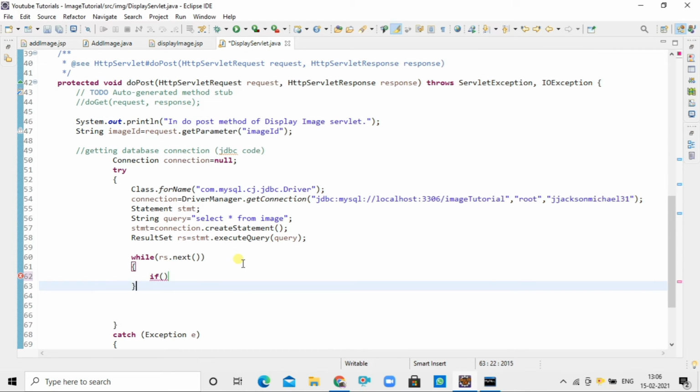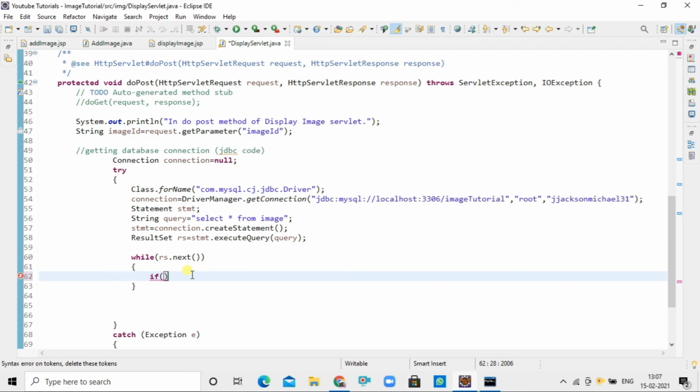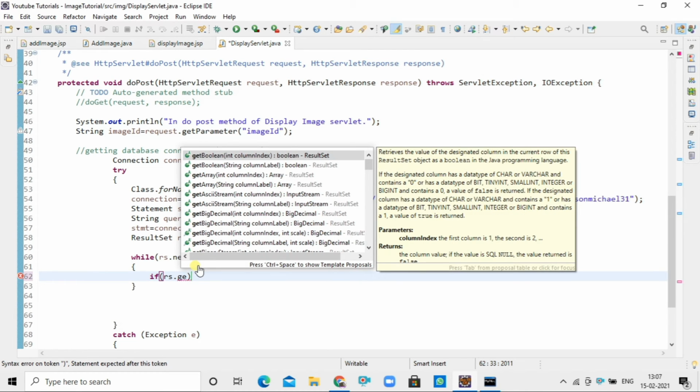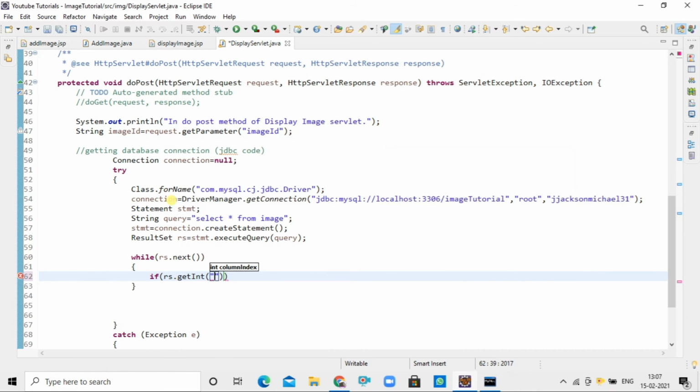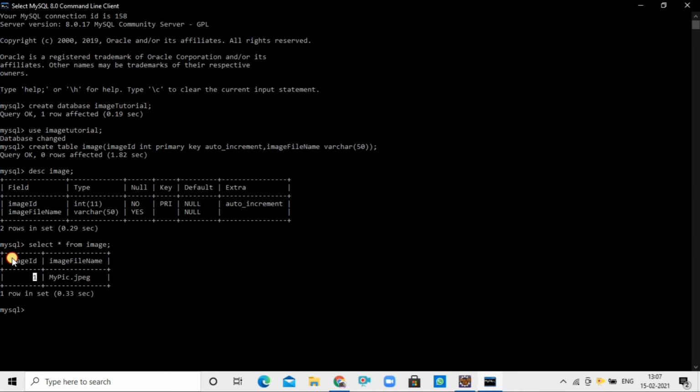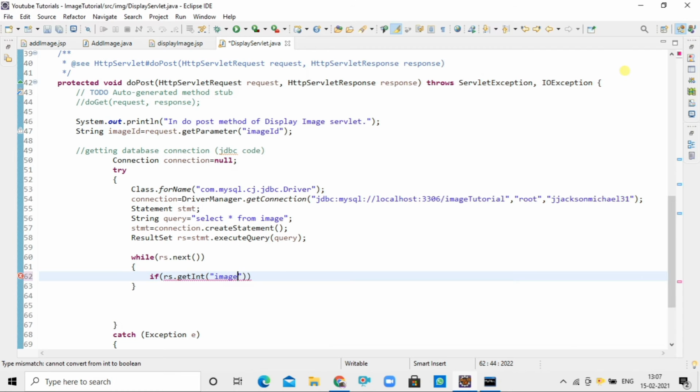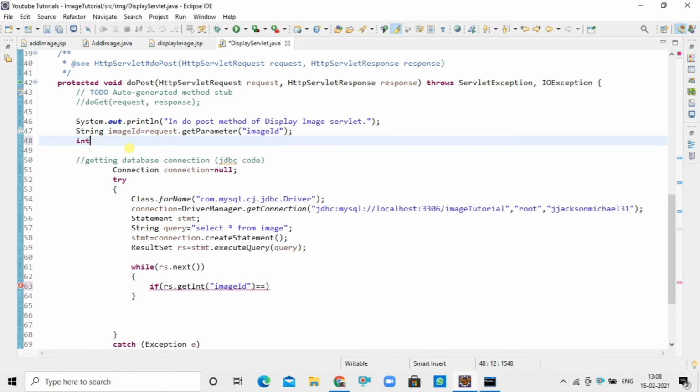And we have to use ResultSet for storing the fetched data. Inside the while loop, I'll make a condition like if the image ID entered by the user matches with the image ID from the database or not. If yes, then return me the corresponding image ID and image file name. Here, the return type of getParameter method is string, so I'm converting it into integer.